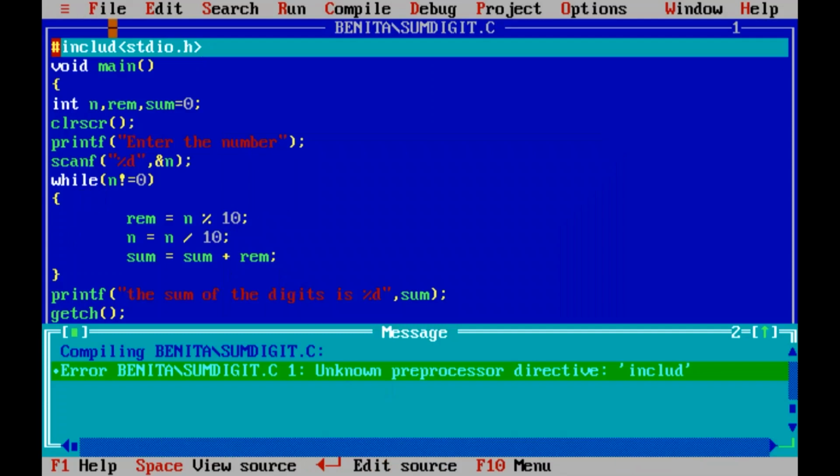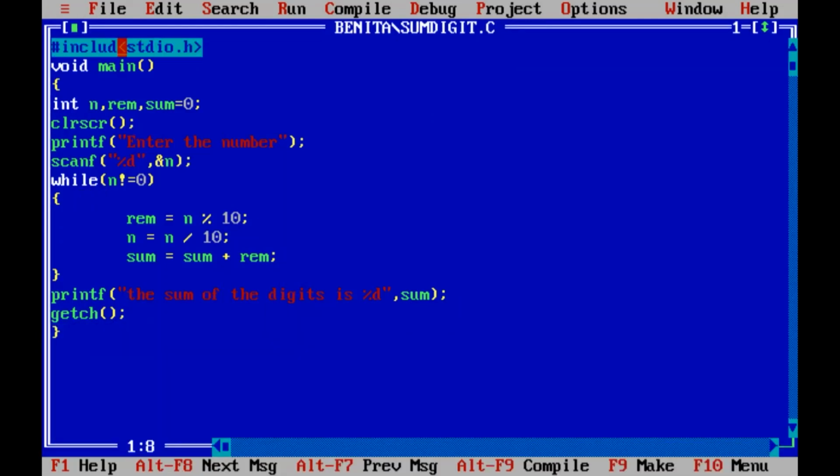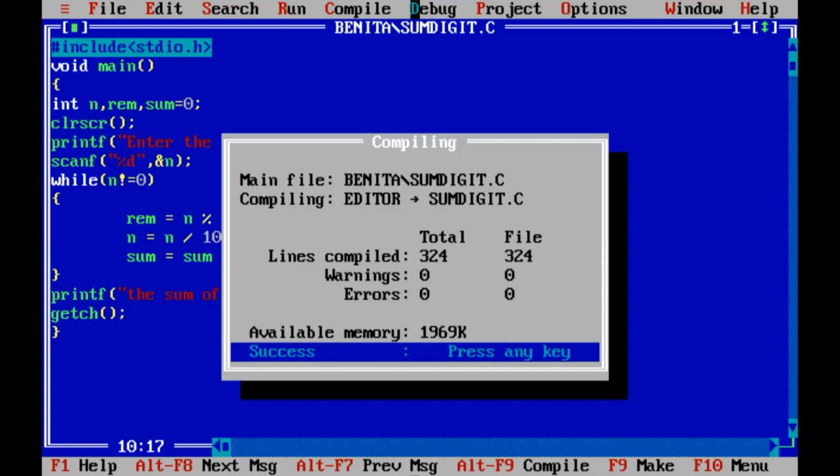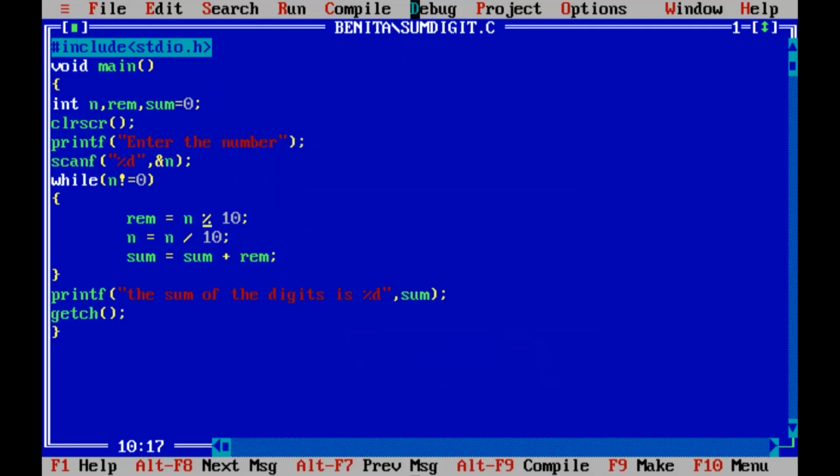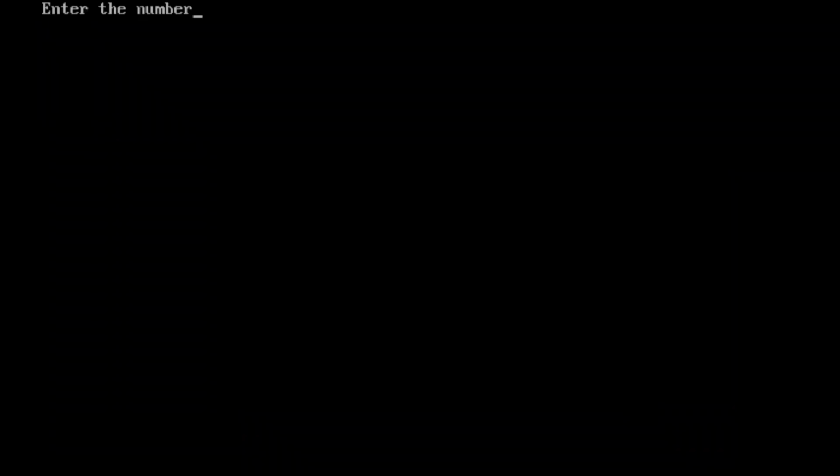Spelling of include is wrong. Math.h, ma'am. But we are not using the square root function. When you use such functions, then only we need it. Okay, sqrt and all. But now mod and all operators are already there. Good that you told, but now it is not required. Still it will work.